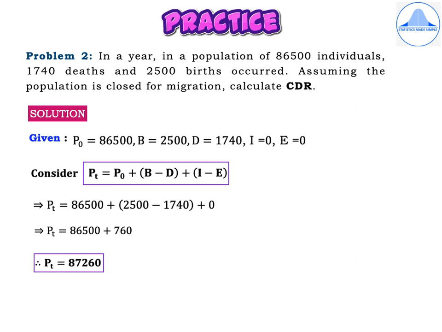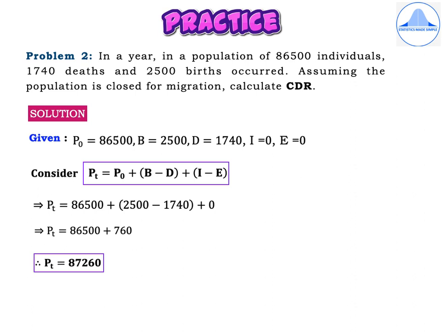Solution: given P naught is equal to 86,500, B, that is the number of births, is 2,500, deaths D is equal to 1,740, and since the population is closed for migration, I is equal to 0 and E is equal to 0, where I and E are the number of immigrants and emigrants respectively. Now first, before we calculate CDR, since P naught, the births and deaths are given, we'll first find out the